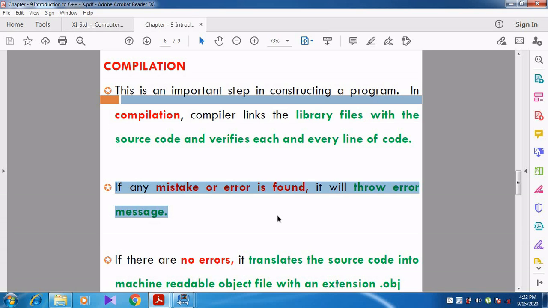For each error we have committed, the corresponding error message will be displayed. Can you understand, students?